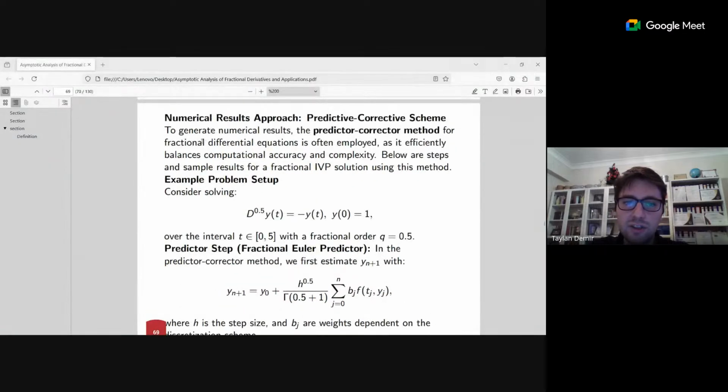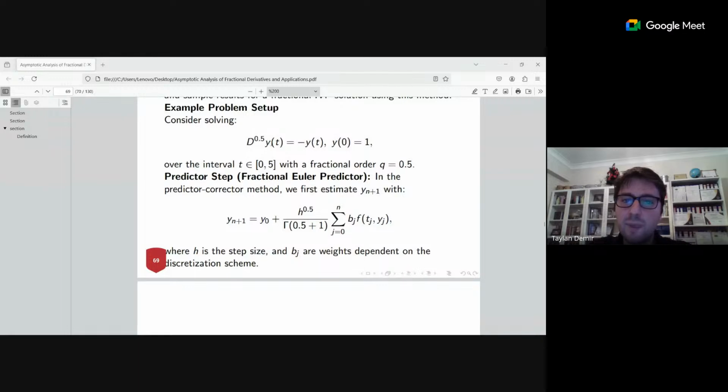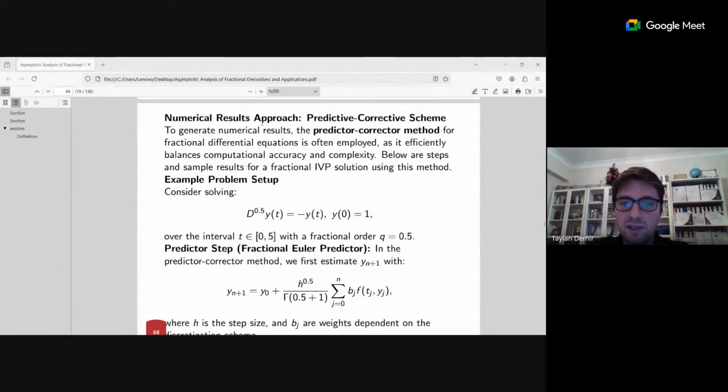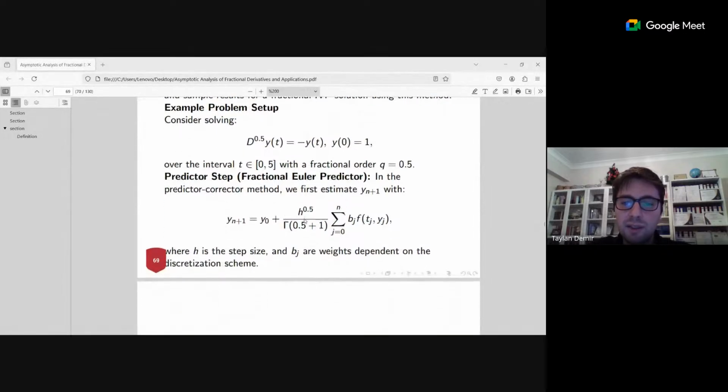The predictor-corrector method for fractional differential equations is often employed as it efficiently balances computational accuracy and complexity. And this is the numerical example of our problem, with y0 equal 1 as the initial value problem. To better understand these numerical results, the predictor-corrector method works as follows. Initially